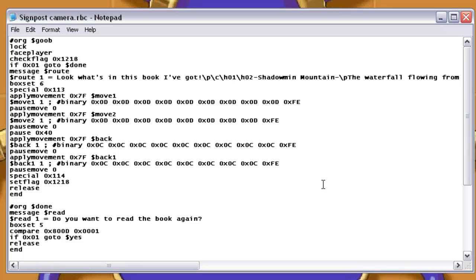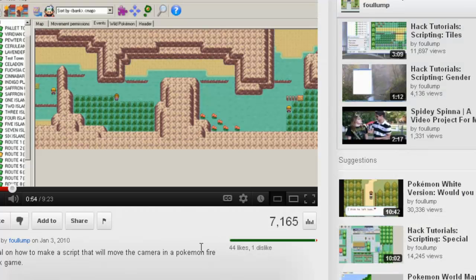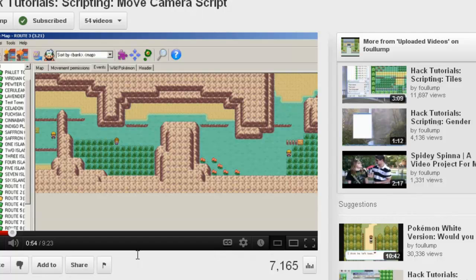And this time I thought a nice, interesting one to do is a camera movement tutorial. I've noticed Fowerlump, who was my idol, doesn't really do tutorials anymore. He's already done a video, which is where I learned the basics from. But what I noticed was his video